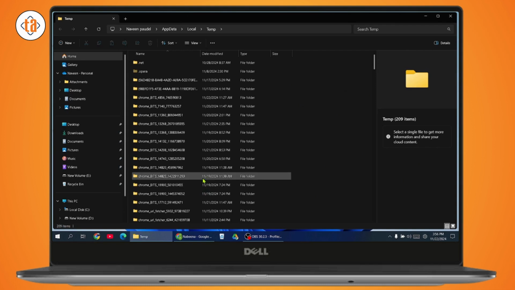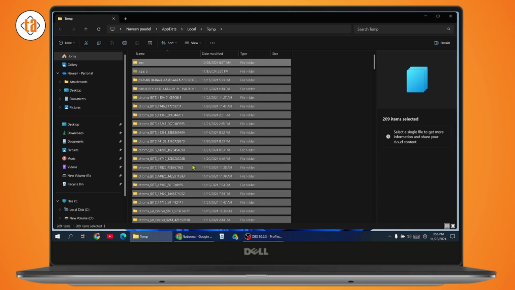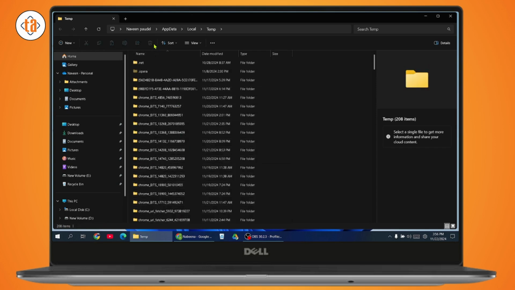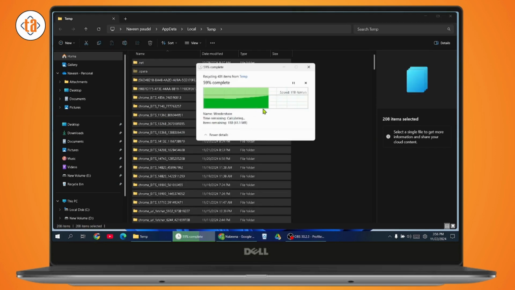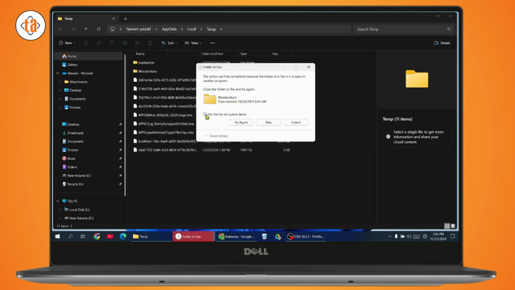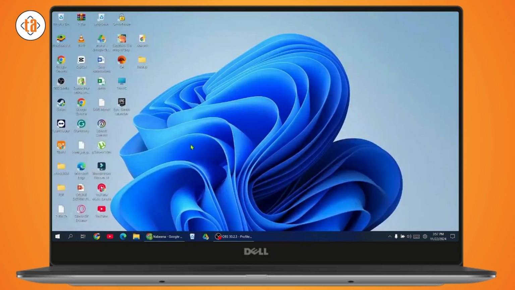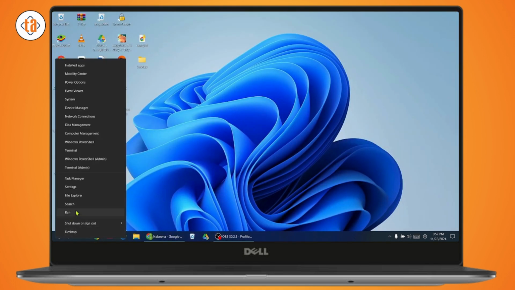So here you will have a lot of junk, and these files are not created by you. So what you can do is just simply go with Control A and it will select all of those, and then go with delete, which is on the upper right, and you need to delete all of those. You can skip the part that you're not being able to delete. And once you're done with this also, now you just need to simply again go with Run,